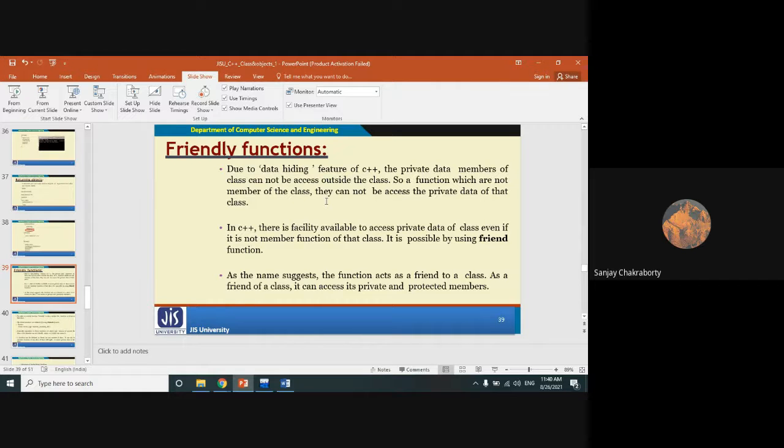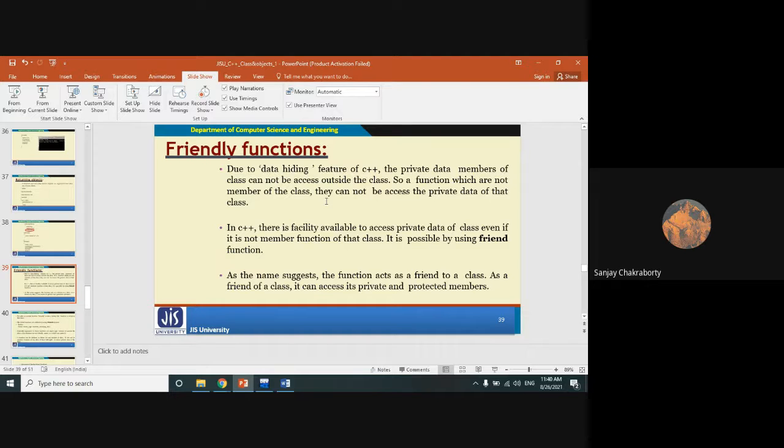That is the basic logic that we need to follow, right? Now, is there any way in C++ that we can access the private variable with the help of a function which will not be a member of that particular class where the private variable is declared? Let me repeat again. Is there any way in C++ that we can access a private variable through a function that should not be a member of the same class?